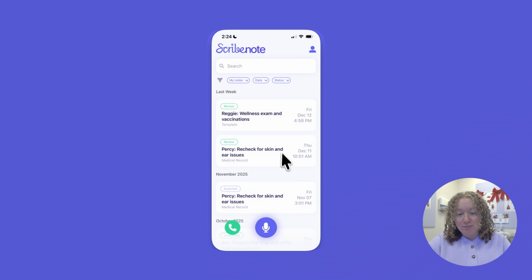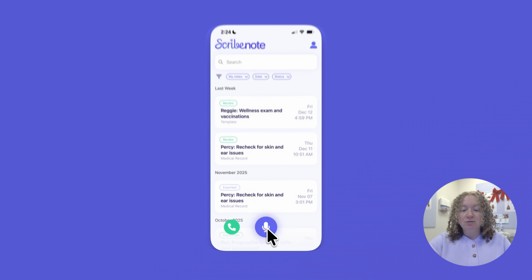Today we'll be reviewing how to create your first note on the mobile app. So I have my app open on my iPhone screen mirroring here, and you can see again the recording button at the bottom. To start a recording, I'm going to press the recording button,